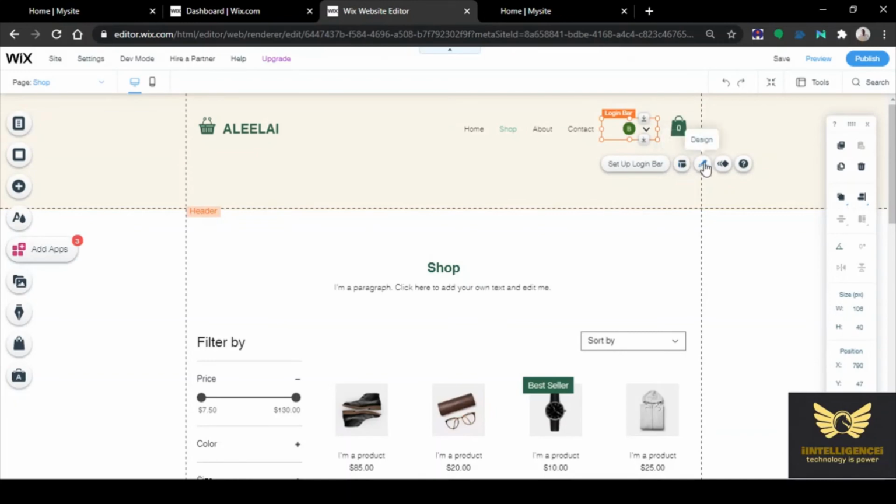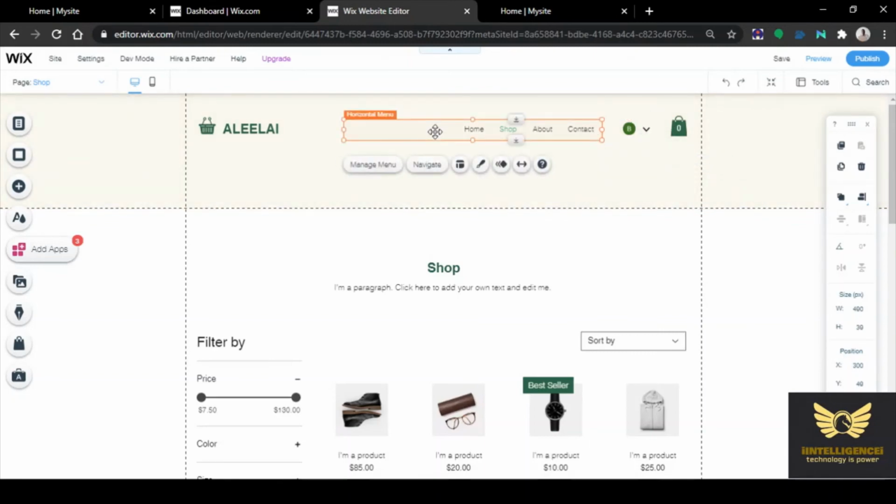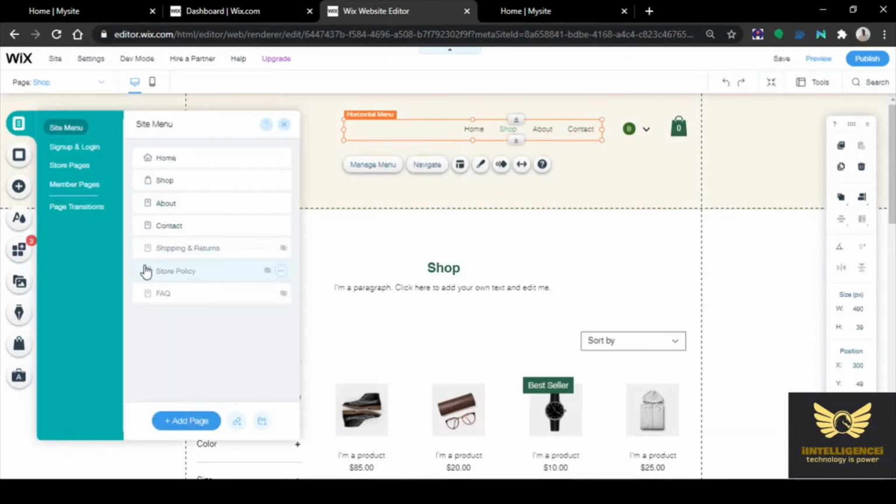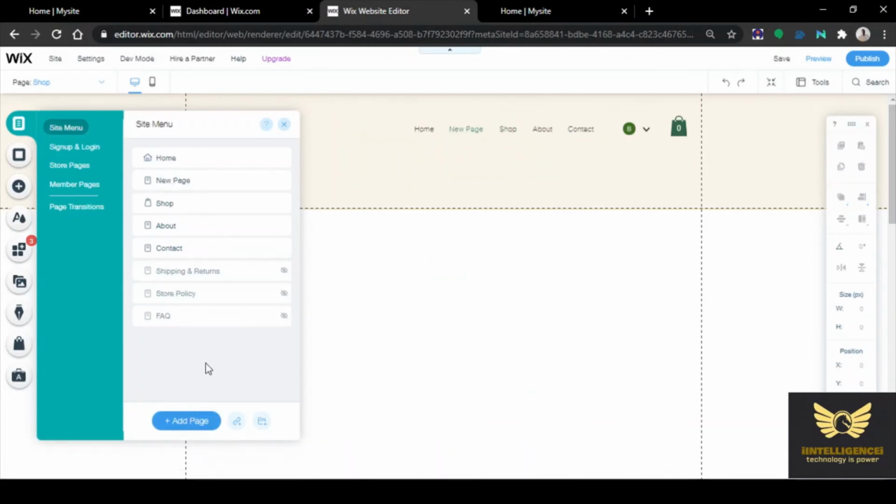Layout, design, animation. Click manage menu. Let us add some page to this. You can add any number of pages that you wish.